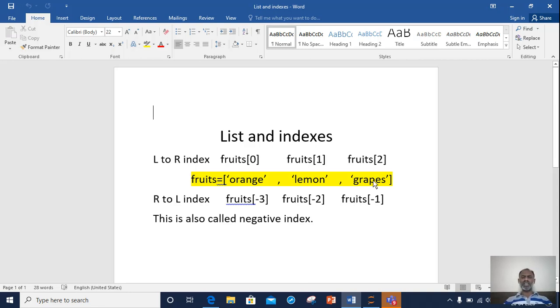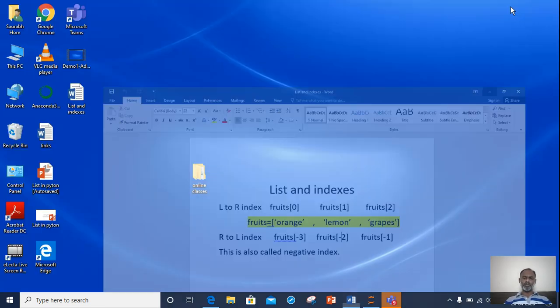The last element will be referred to by -1, then second last -2 and -3, and so on and so forth. Is it clear? So two ways of accessing: first is left to right and second is right to left. In the first, the index number starts from 0, and right to left, the index number starts from -1. Let me take you back to Jupyter Notebook.